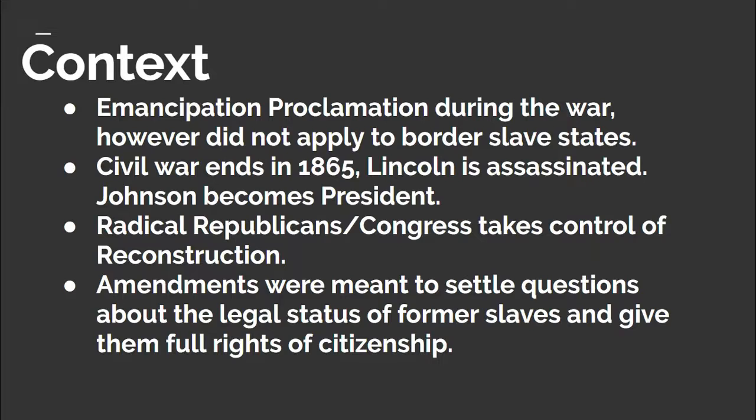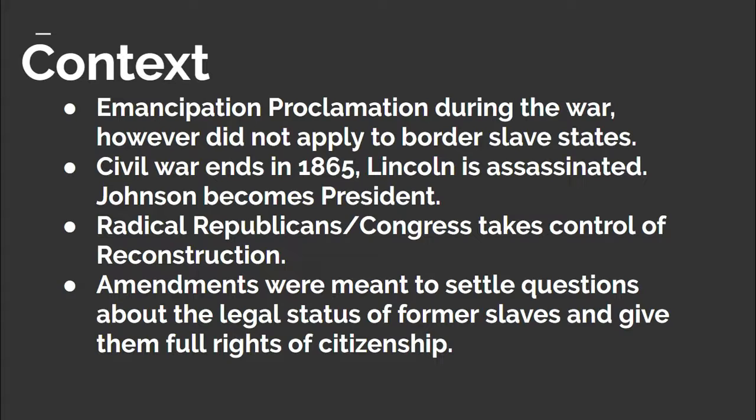While the war was winding down and coming to an end in April of 1865, the 13th Amendment was well on its way to being ratified, and would be so by year's end. However, the plans of Reconstruction were initially thrown into turmoil as Lincoln had been assassinated, and his replacement, Andrew Johnson from Tennessee, did not have the same vision and aims for the former slaves and the South in general as the radical Republicans who controlled Congress.